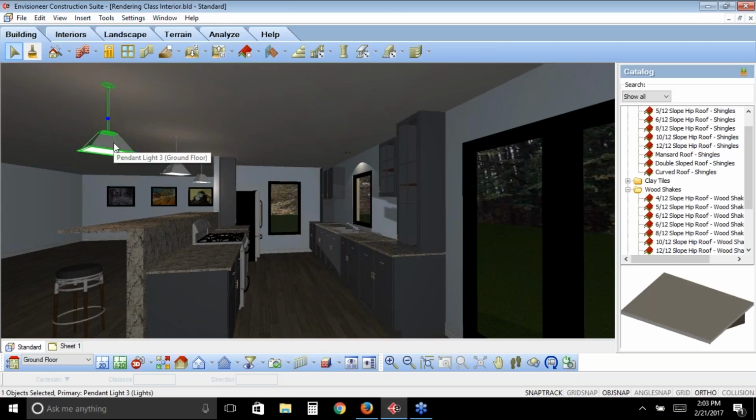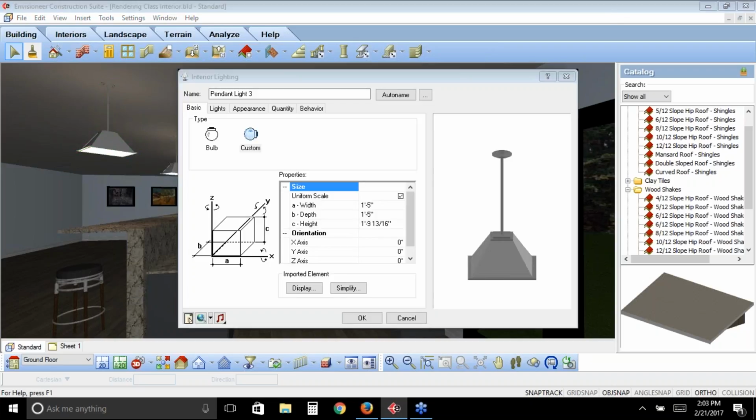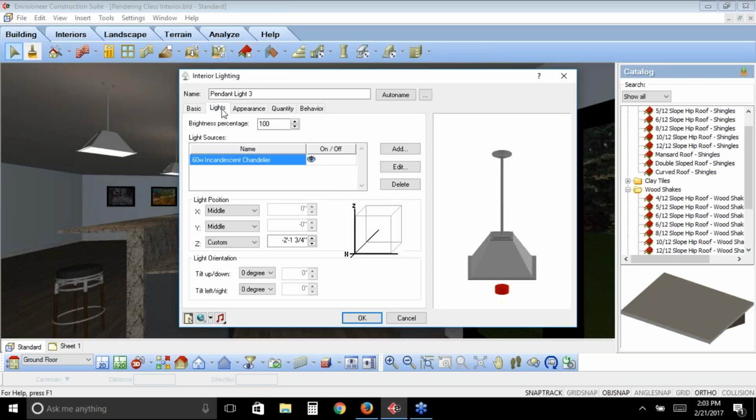So again, with that light selected, if I right-click, I can look at the properties of this light. And under the properties of this light, I can see, first of all, the size of the light fixture itself if I want to change any of that information. And then two, here under the Lights tab is really the pertinent information when I'm looking at rendering that I want to look at today during our class. This Lights tab will show me the actual light source that I've chosen for this pendant light and give me the ability to change it out if I want to grab a different wattage of bulb as an example,